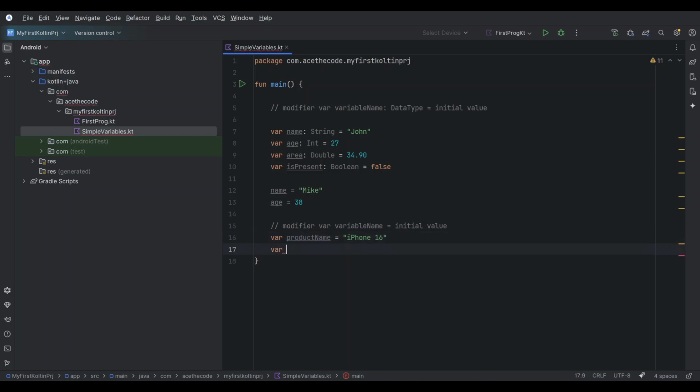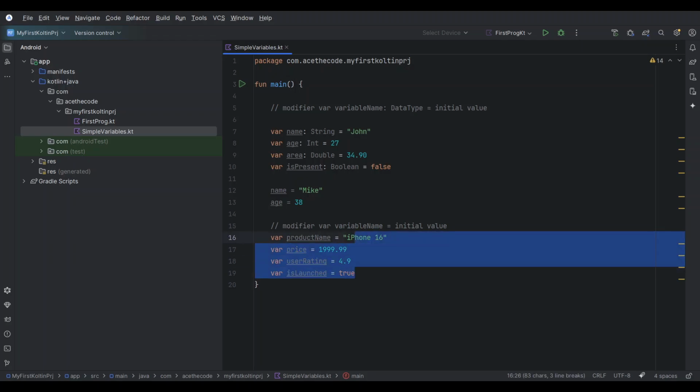Then var price equal to 1200 or 1199.99, or var user rating equal to 4.9, var is launched equal to true. Now based on the values that we have assigned,